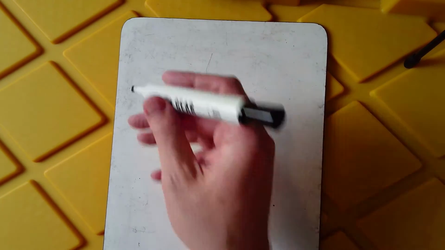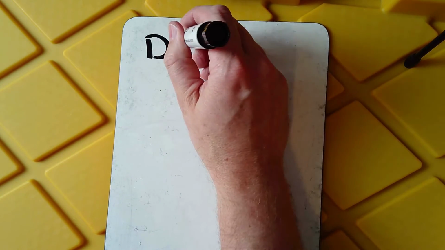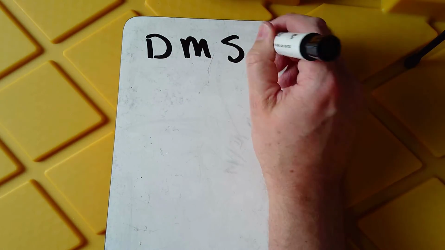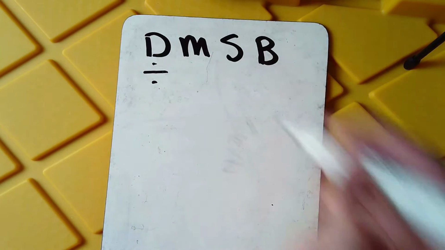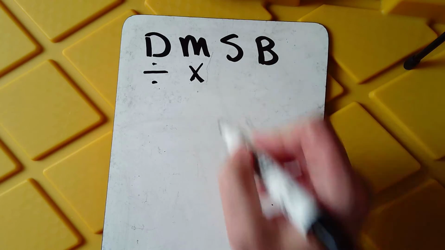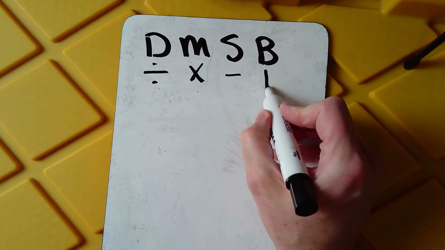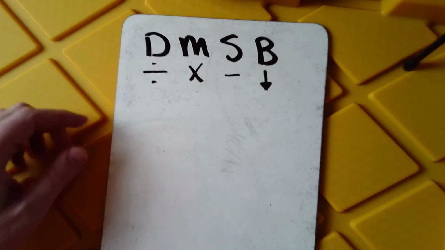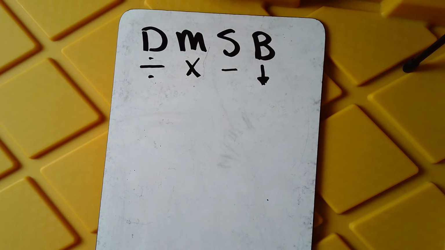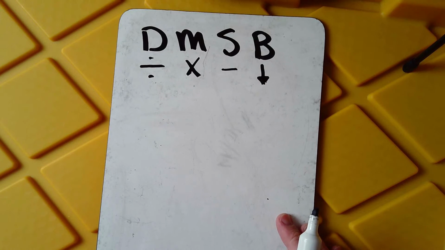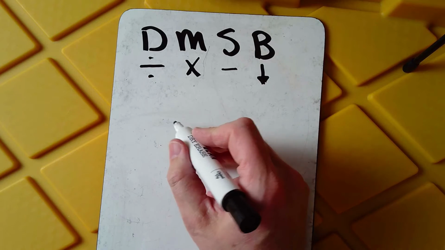All right, you know how this is going to start by now. Let's start with our DMSB. Dad, mom, sister, brother. And this is our divide. There's our multiply, our subtract, and then our bring down. And I mean it when I say, if you follow along with the steps we're taking here, then pretty soon you'll get into the rhythm and you'll know what happens next because you'll have done it a bunch of times. If you just watch me and then try it on your own, you might not have as much success. So let's start with